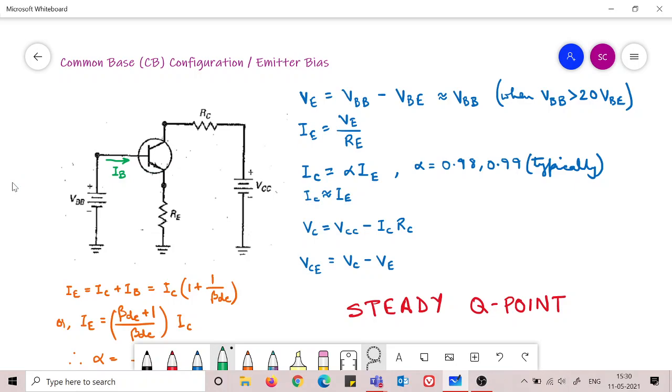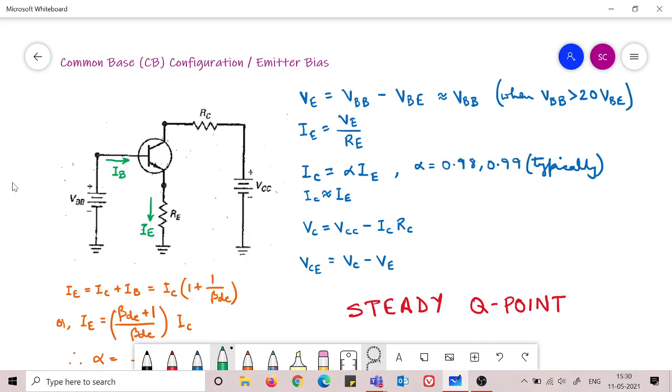But it is not important also because we can figure out what is IE. In this particular situation we can figure out what is IE. These are the small differences we have to keep in mind. Try to observe these small differences in analysis of each of these circuits. So we can figure out IE.